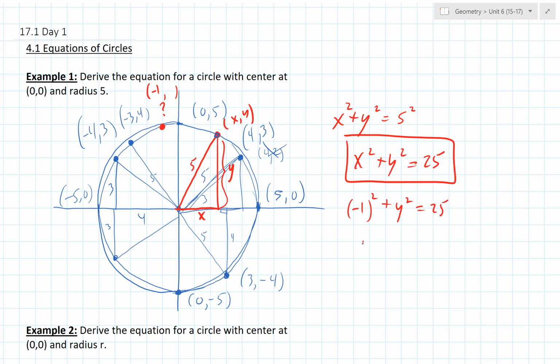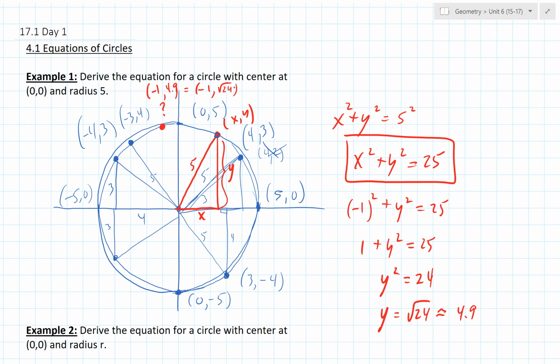And then I'd have 1 plus y squared equals 25. So y squared equals 24. And then y would be the square root of 24, which is about 4.9. And so this point is approximately -1, 4.9. Or if I wanted to write it in exact format, I could actually say it's -1, square root of 24. And that would be